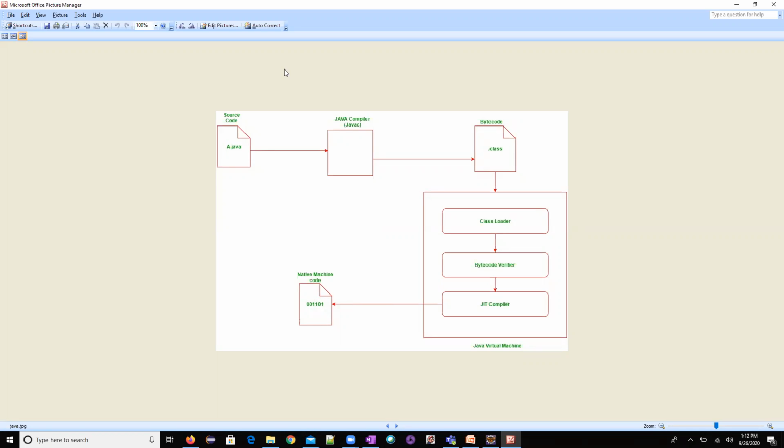If you are checking line by line, then it is called an interpreter. Python is an interpreter language. So in Python, you check line by line, whereas in Java, it compiles the complete code, and if there are any errors, it will throw. So those are called compile time exceptions.